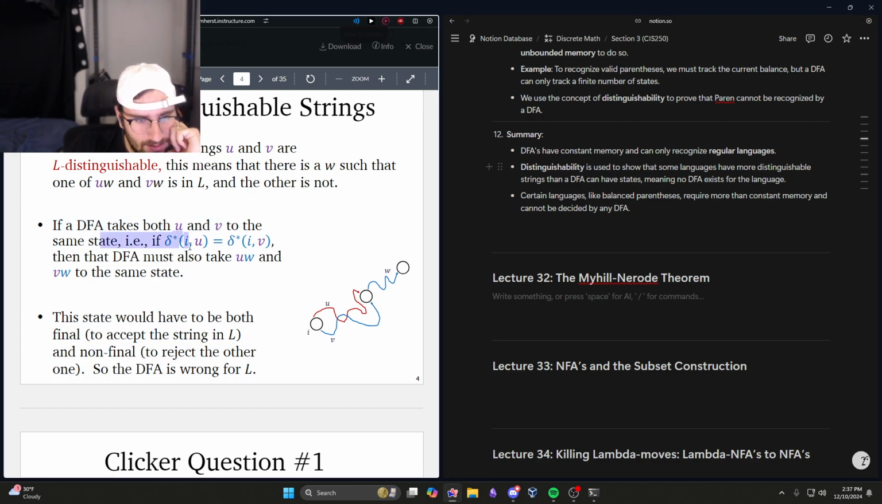In the same state. So if at here, right? If at I. No, it's not at. I don't know. So the DFA is wrong for L. So in an L distinguishable,